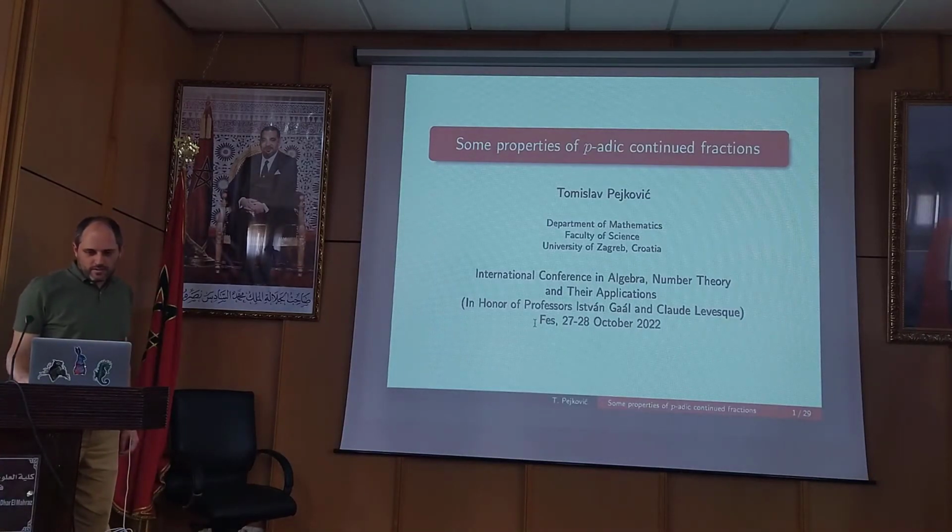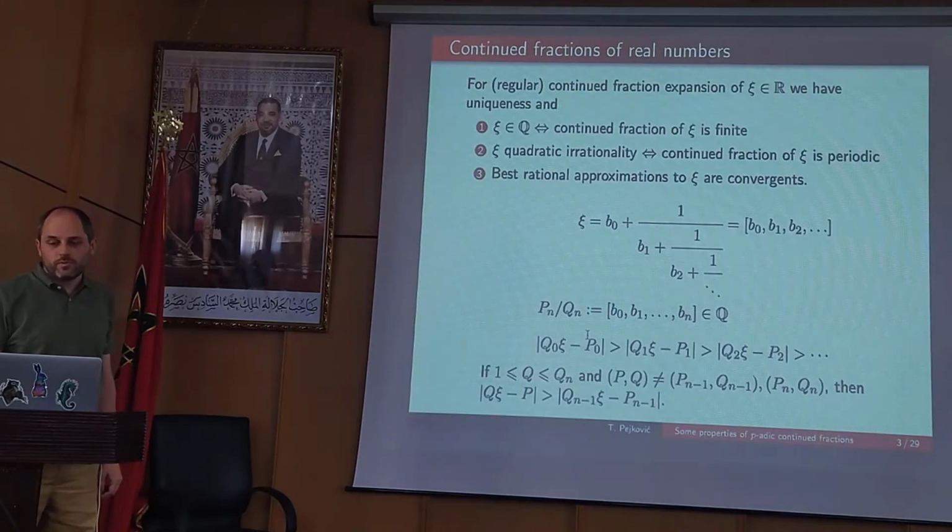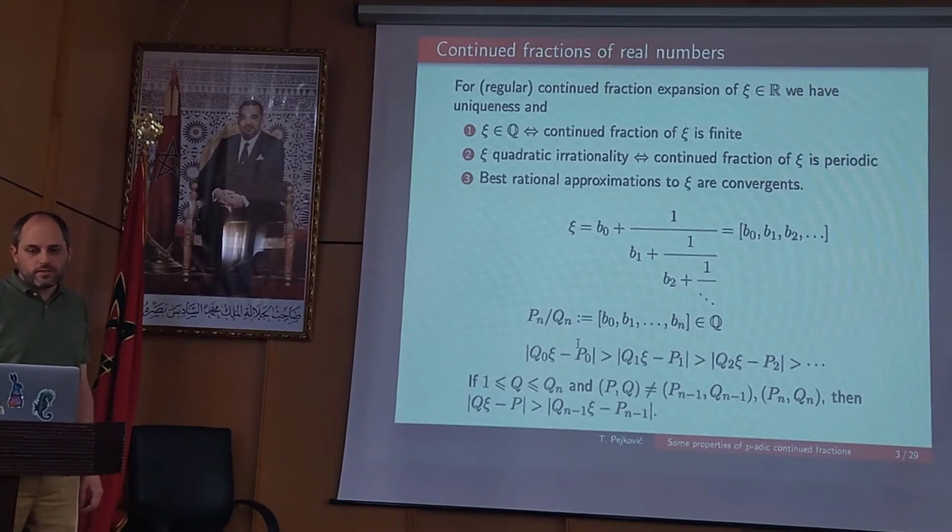Thank you very much. Okay, so since I'm going to speak about p-adic continued fractions, let me briefly recall some basic properties of regular continued fractions of real numbers. First of all, the continued fraction of a real number is finite if and only if this number is rational. The continued fraction is eventually periodic if and only if this number is a quadratic irrationality. And the best rational approximations to a number are its convergents, meaning that if we stop the continued fraction expansion